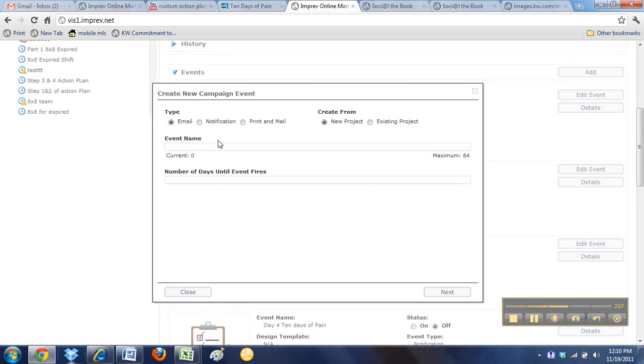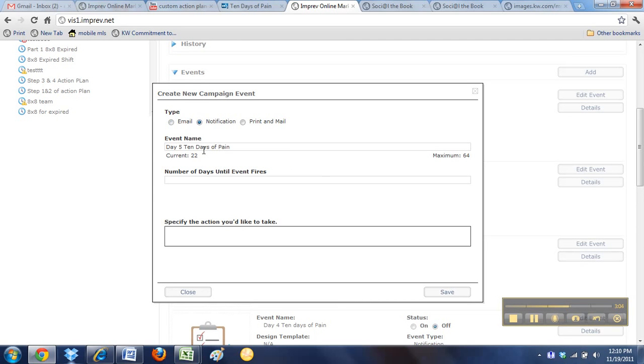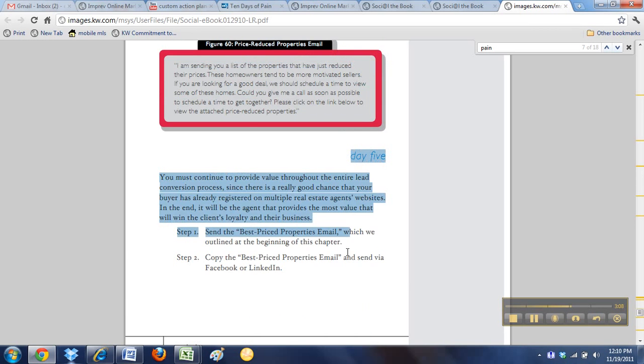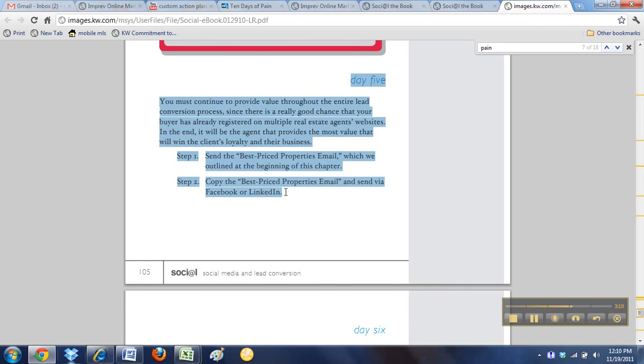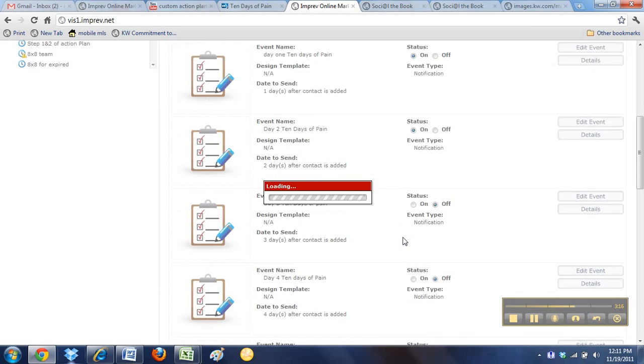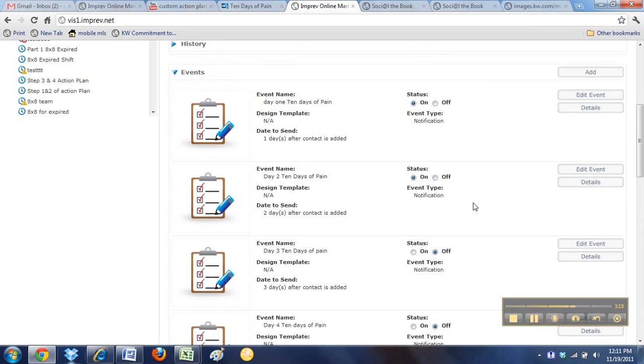Now I add day 5, 10 days of pain. Then I click on notification, and that's on day 5. I go to the download here, day 5, and I just highlight all of the text, and Control C, Control V, save. Now I have the 5th day, and now I go add